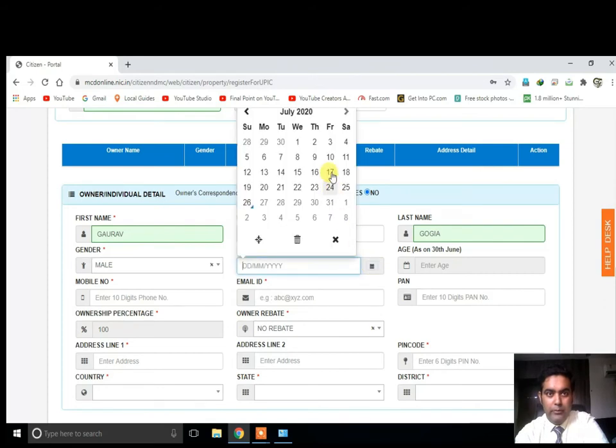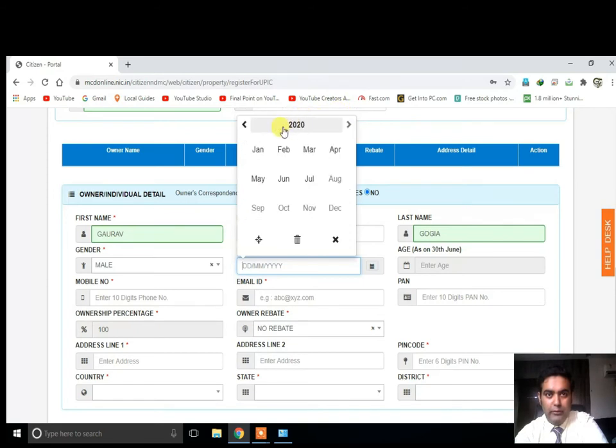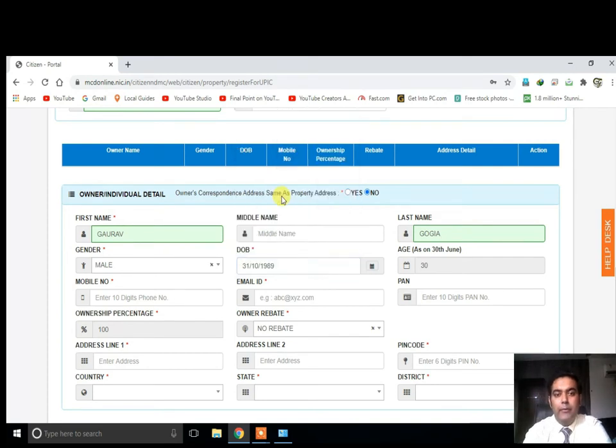Date of birth: select your date of birth. I've selected the date of birth. Enter your 10-digit phone number, you can enter your number again.